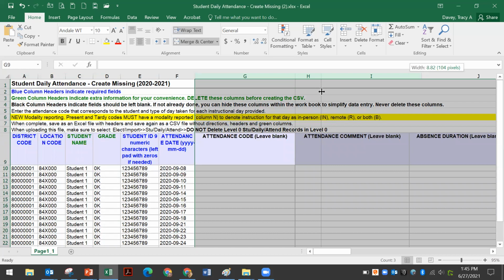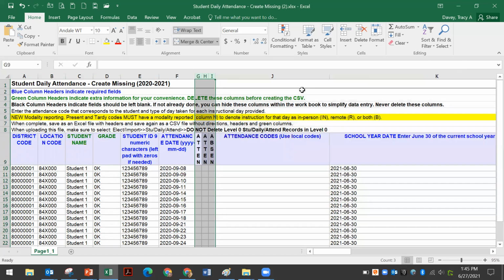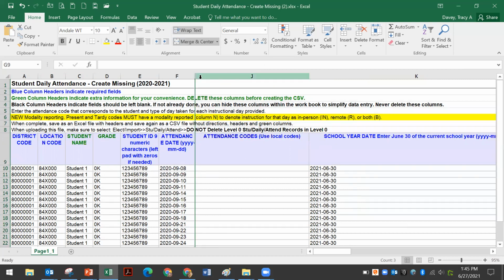Well, actually, it doesn't matter if you put something in there, it's not going to be imported, but you cannot delete those cells. They are placeholders to make sure that the modality and all the information that's going to be further right in this Excel file come into the correct fields in level 0. So you can either squish them down really tiny, or you could just hide them. You could just do that by, if you just hide a number as you slide it left, it'll hide all